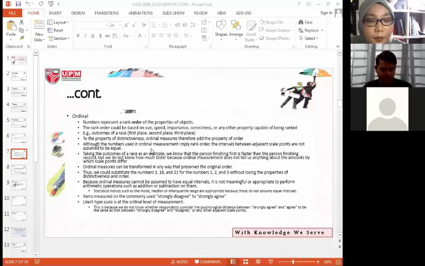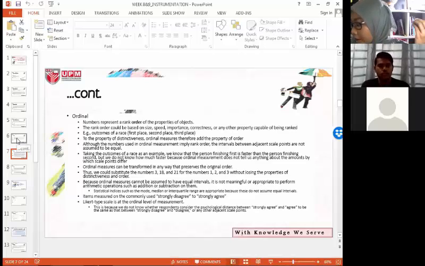Although the numbers used in ordinal measurement imply rank order, the intervals between adjacent scale points are not assumed to be equal. So remember what has been said by Stanley earlier: the higher level of scale of measurement will have the properties of the lowest level. So ordinal will have the properties held by nominal, but in addition,